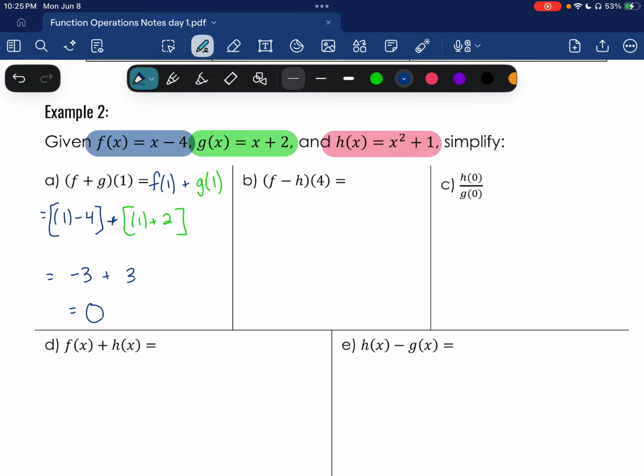Hopefully we don't have 0 in the denominator going on. This means that we're going to have h at 0. So this is going to look like 0 squared plus 1, all over g at 0. So g at 0 is 0 plus 2. So this is equal to